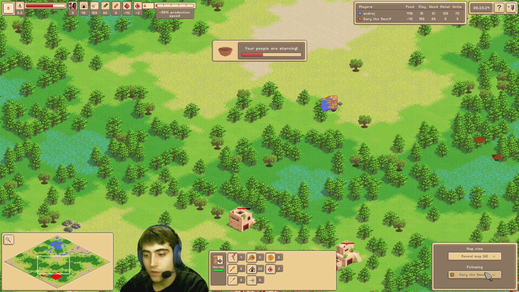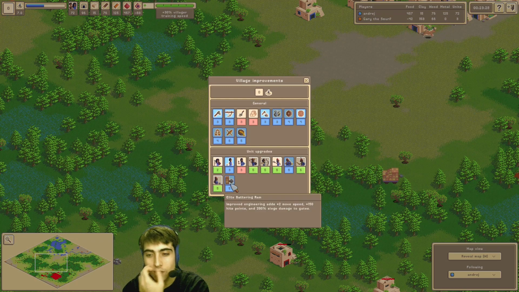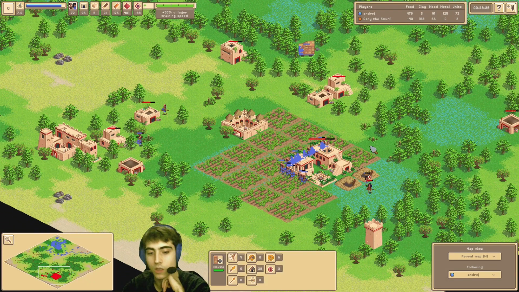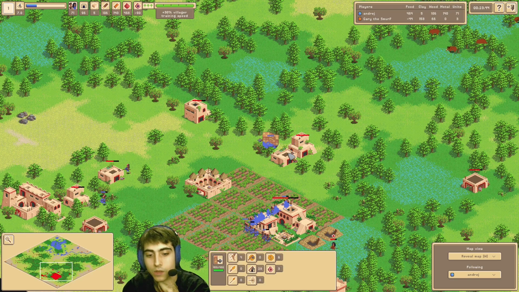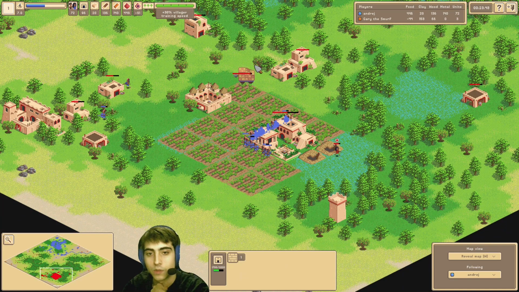And let's see if we have the upgrade for the ram. Yes, we have the upgrade for the ram. It added more speed, lots of HP, and that's about it. I don't care about the extra damage to walls. It's already strong against walls, so I mean, more damage, why not? And it's easy. There is no blocking for the ram. It moves very smoothly. You can tell it would take a year to take down this building, but with a ram...